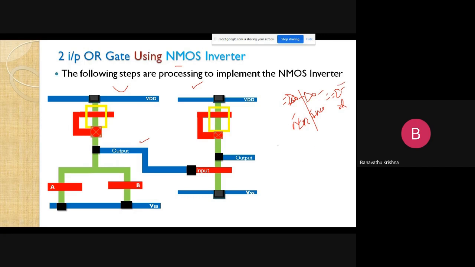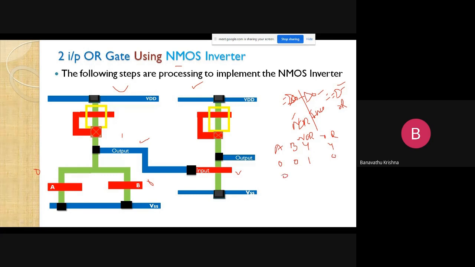So let us observe here. A is the input here, B is another input here. This is the NOR operation output, and this is the OR operation output, right? Inputs 0, 0, both are in off condition. There is a path between VDD and V output, so it is getting 1. Then this is applied to the second inverter phase. Then it goes to on condition. There is a path from V out to VSS, and we are getting output response 0, right?